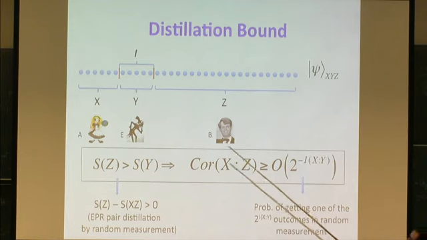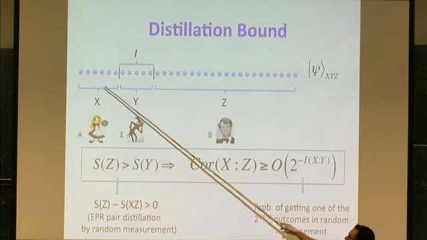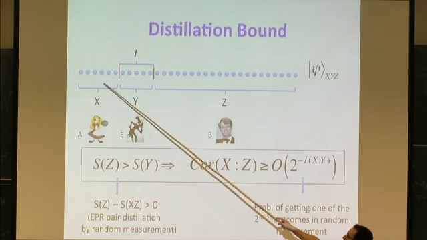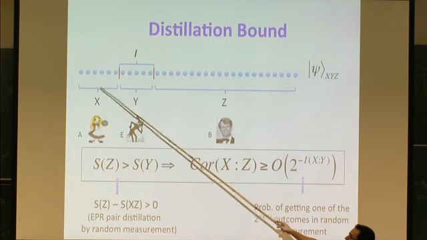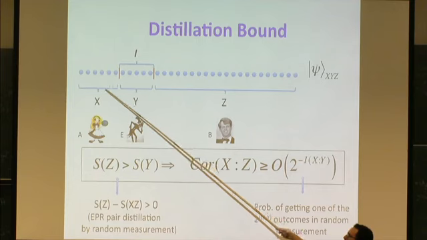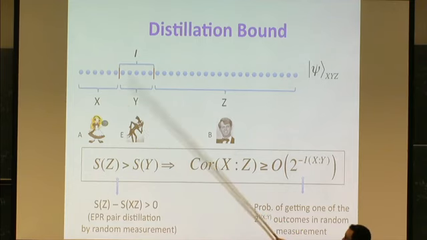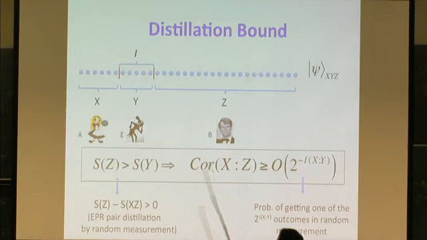So the protocol is really like Alice makes a measurement and post-selects on a particular outcome. Now they have an EPR pair, but this measurement only happens with a small probability. So the EPR pair has constant correlations, but we have to multiply by the probability of making the measurement on Alice. Okay, and now we can just try to explore this relation between entropies and correlations. Any questions here?